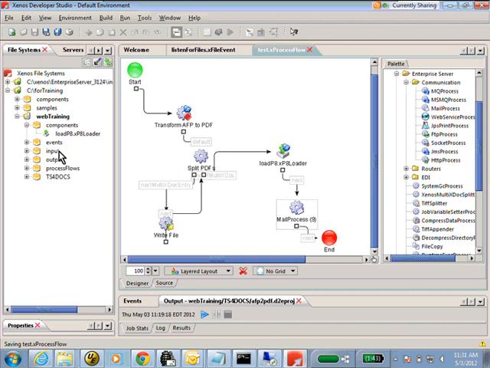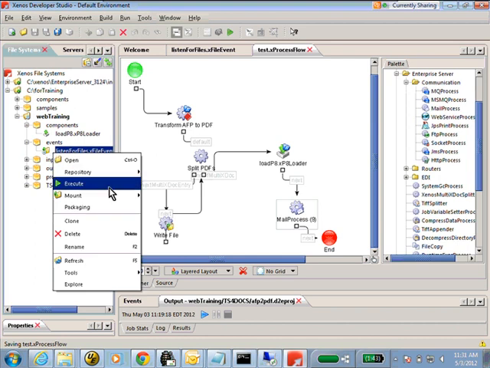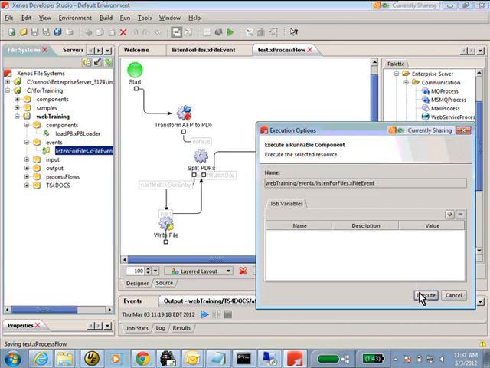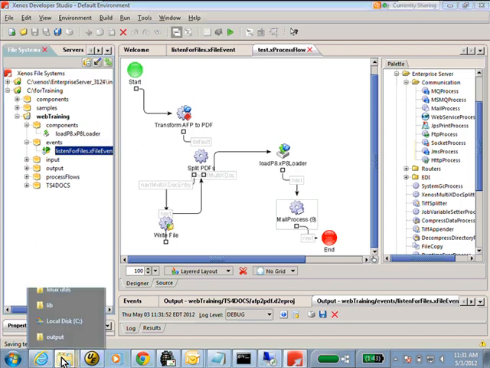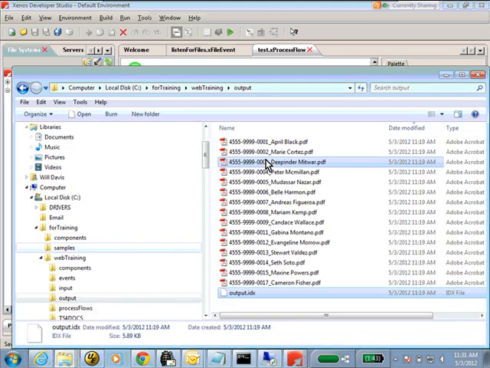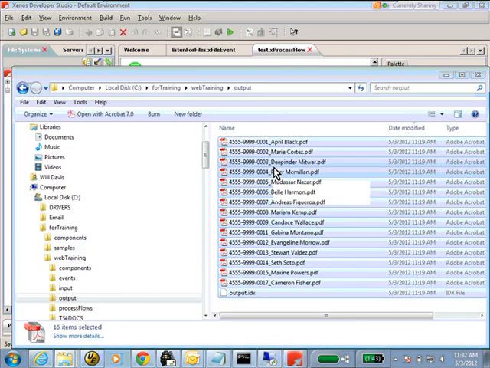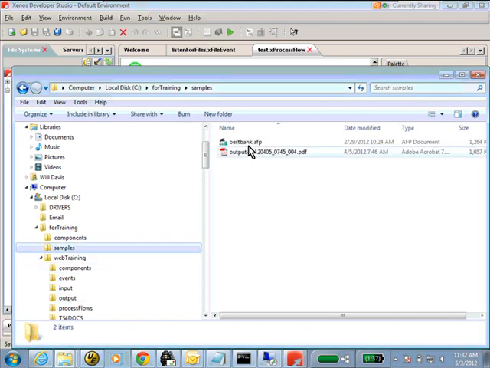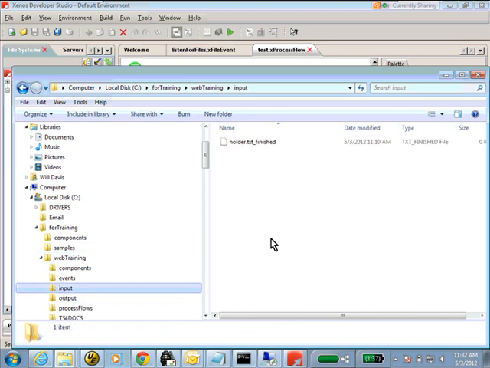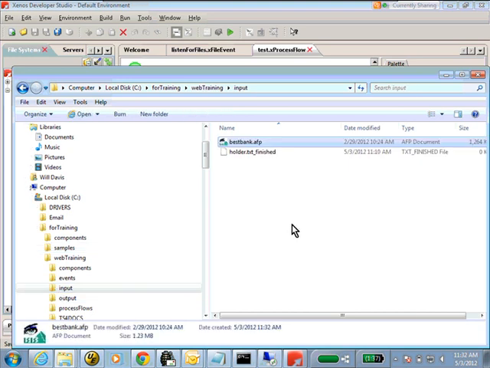And now we've set up this process flow. I'm going to do what we did before, which is essentially just listen for files on that directory. As files are dropped in, they're going to run through this transformation. It's going to be indexed and hopefully loaded into P8. So I'm going to go into here and erase everything. I'm going to go into my samples directory and just drag over my SBank AFP, and that's going to hopefully get picked up, and hopefully it's not going to error out.